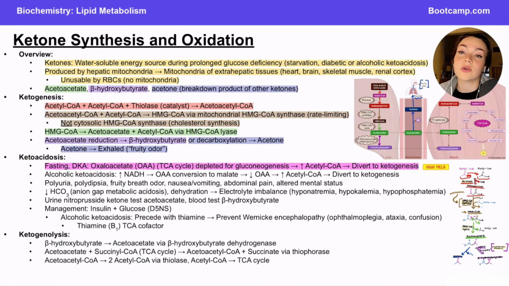Alcoholic ketoacidosis is similar, but not quite the same. It's similar because in the end, it's going to be a depletion of oxaloacetate that leads to a buildup of acetyl CoA that then diverts into ketogenesis, just like we finished talking about. But that oxaloacetate depletion is not from running gluconeogenesis in this case. It's because alcohol is going to increase the amount of NADH in the bloodstream, which promotes the conversion of oxaloacetate